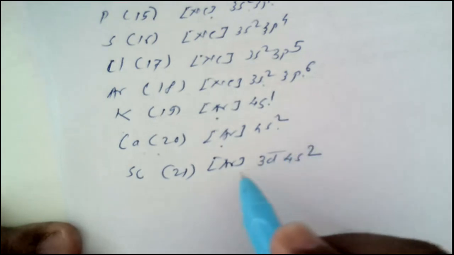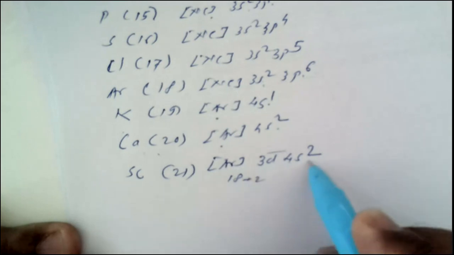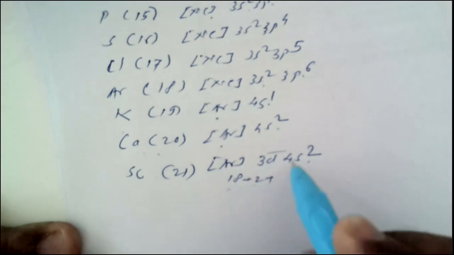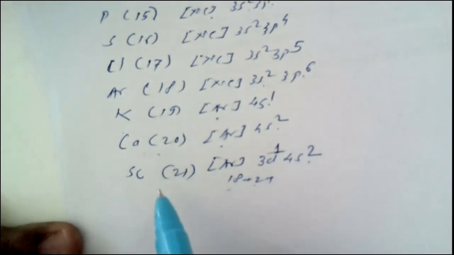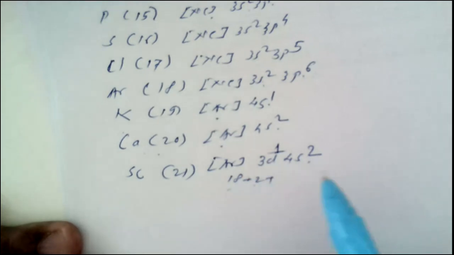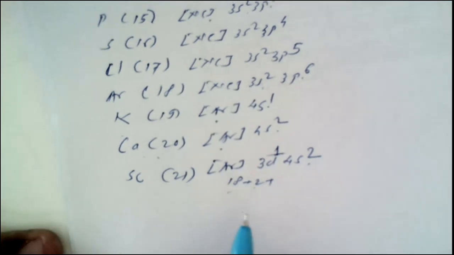So how many electrons do we have to add? Argon means 18 plus 2 electrons from 4s. So this becomes 20. We just have to add one more electron in its d level. So for scandium, the electronic configuration is argon 3d1 4s2. On similar grounds, we can write the electronic configuration for all these elements.